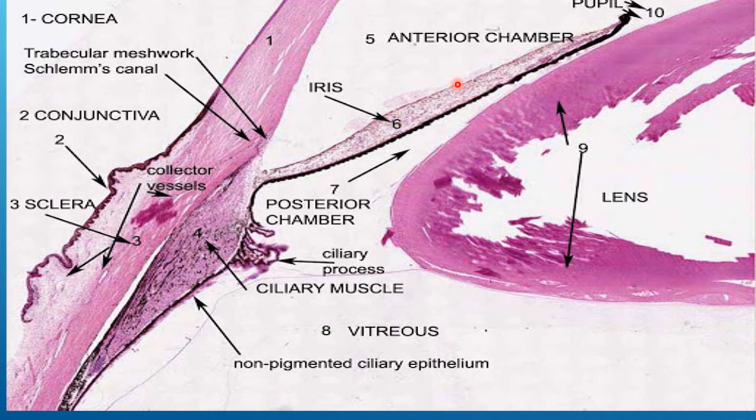Anterior border towards the anterior chamber has no epithelium, but the posterior border towards the posterior chamber has the same 2 layers of epithelium as the ciliary body, but they are in reverse. So I hope now you understand the histological structure of all the components in the tunica fibrosa, the fibrous layer, cornea and sclera, as well as tunica vasculosa, which comprises the choroid layer posteriorly, and anteriorly it has the ciliary body as well as the iris.